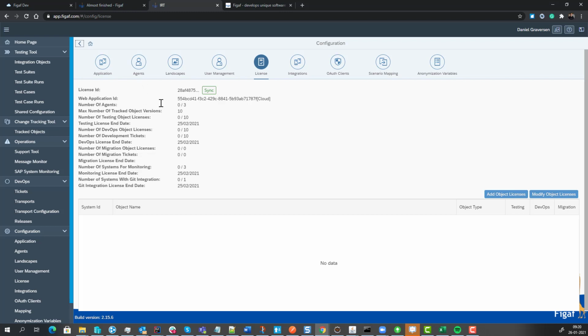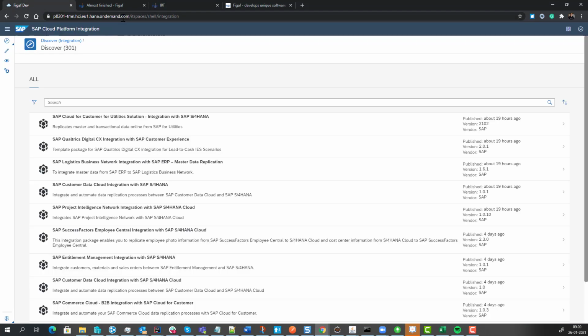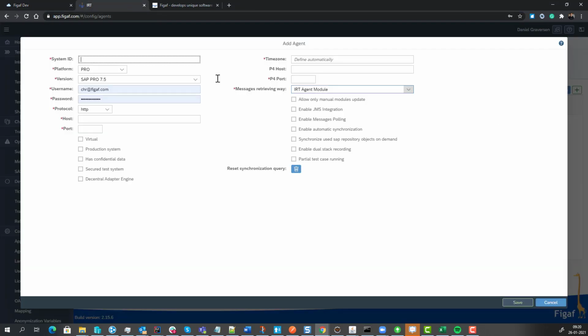So if you have downloaded the on-premise version, you also get a license ID. You need to add this and then synchronize this. So the first thing is we need to connect it to a development system, and we do have our CPI system here. So we will go here, we will create a new system ID. So system ID will be,